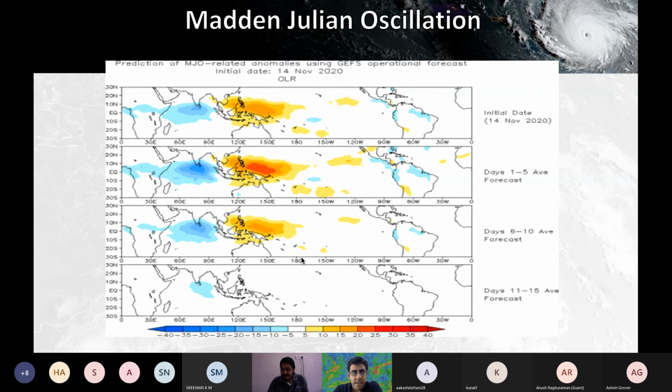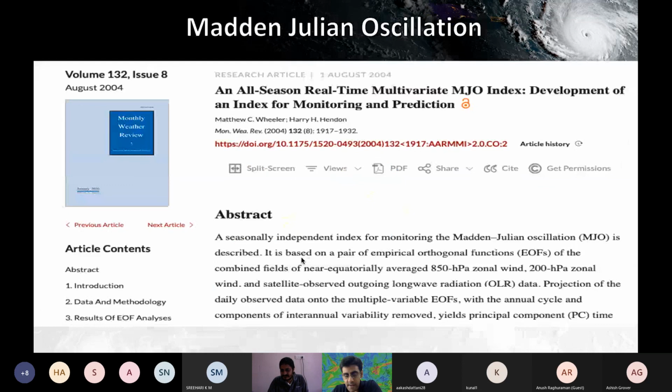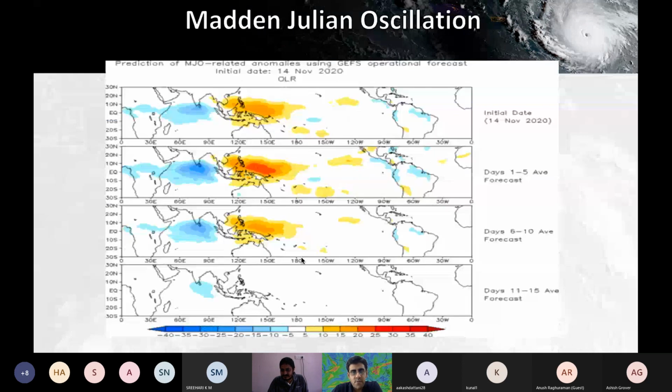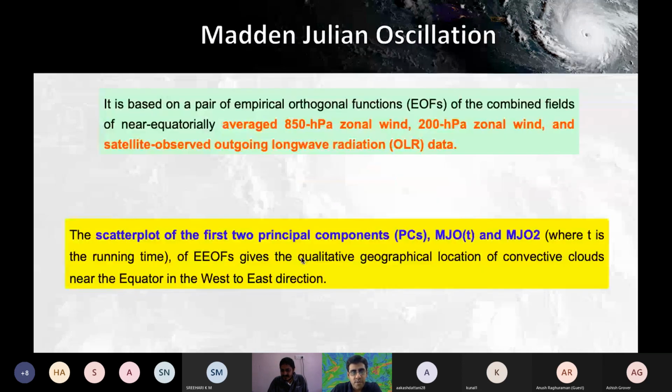But if you are going to use the same data and the same methodology that is given by Wheeler and Hendon, then I'm not sure what extra thing you are going to produce. So I don't see the point in reproducing the chart. Maybe if you are interested, you can